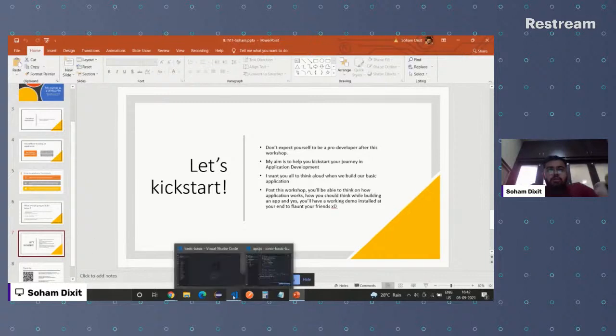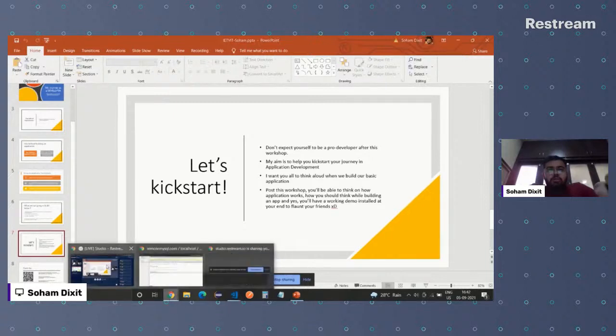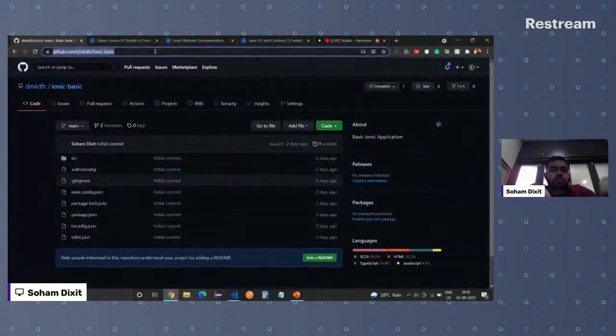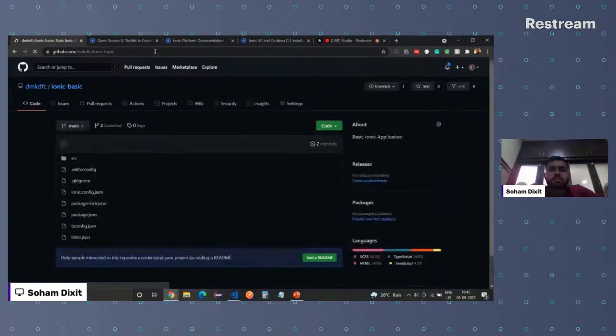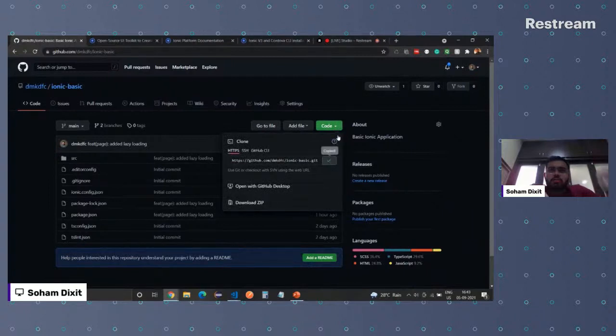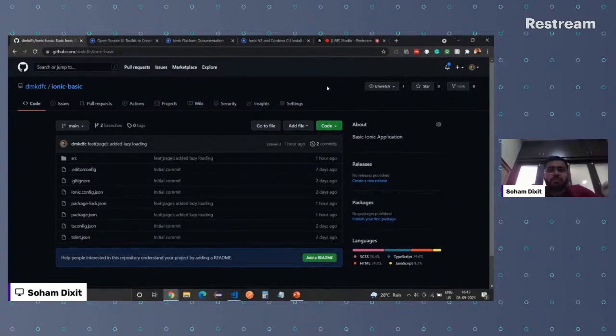So this is the GitHub link. So this is a basic app. I've set up this code base. It's a basic code I have just added. You can just clone this, and once you clone it, I expect you to have Node package manager, npm, installed at your end. Just clone this and run npm install. Once the packages are installed, you can follow me in building what I'm going to build.